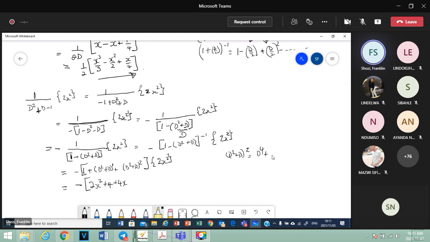Next one, twice the first and the second term, is 2D cubed. The third one is D squared. All these ones will give me 0 because they are bigger than that, so I'm not worried about that. The only one that I'll get here is D squared, the second derivative of that. The second derivative of that was 4. So the answer here is minus into